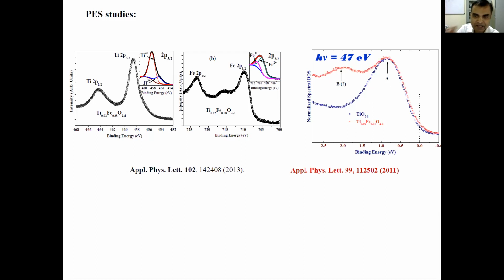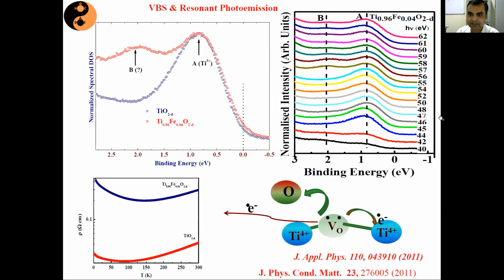And oxygen, as such, it is known that the cross-sectional area keeps on decreasing with incident photon energy in this photon energy range. So if it is arising because of the oxygen, then its intensity should be either constant or gradually decrease with increase in photon energy. And therefore, we recorded this valence band spectra, you can see here, at different incident photon energy. So consistent with the finite density of states at the Fermi level, we had a metallic-like behavior